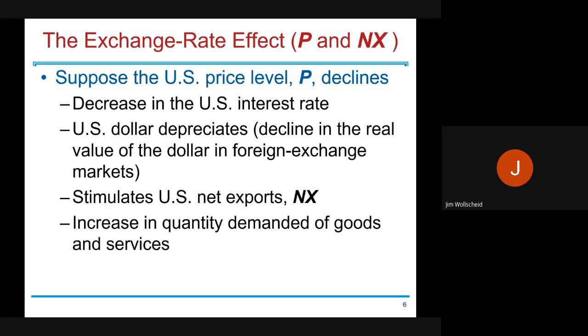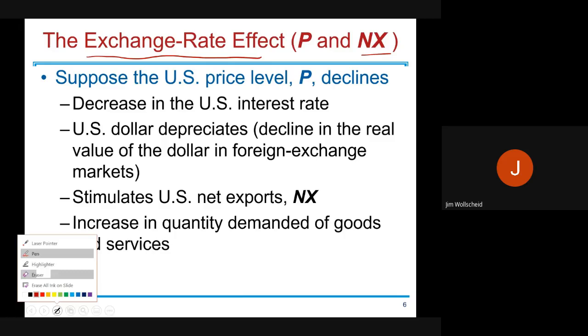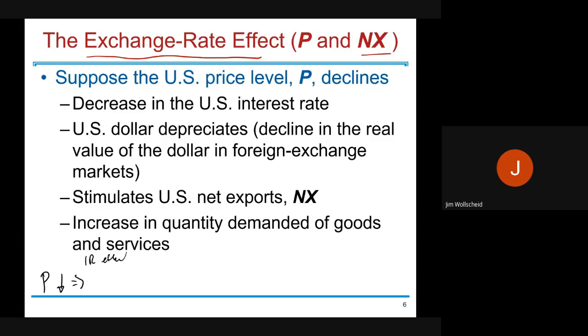And then finally, the last one, the exchange rate effect. How does the exchange rate effect work? Well, first thing we know is exchange rate is probably going to affect net exports. So we kind of hint at what variables you should be looking at. So if I say the exchange rate, we're going, okay, that's net exports. So how does the story work? As always, we're going to start with prices going down. So from the interest rate effect,